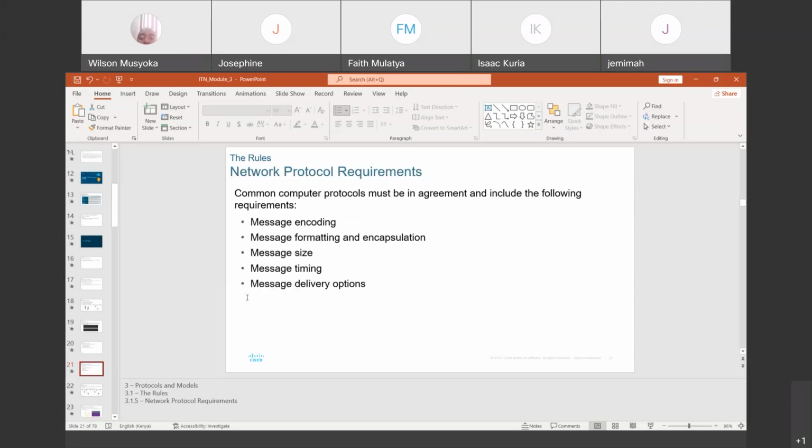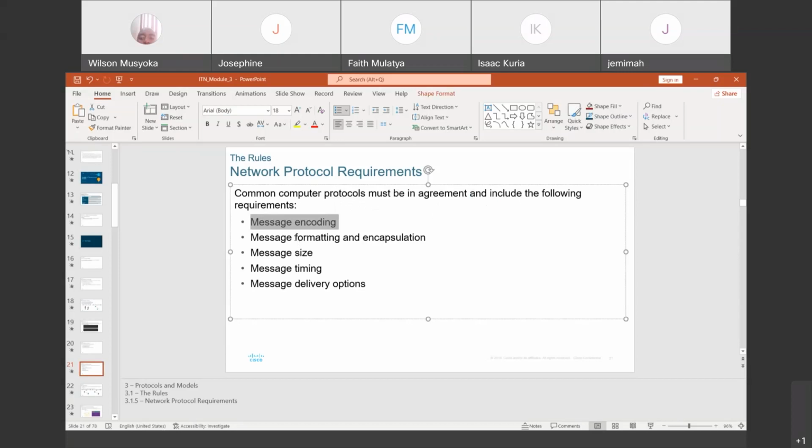So when we are looking at the network requirements in terms of protocol establishment, it means that the message needs to be encoded. Because the human being will understand normal English, while the computer uses the bit language, the binary language, the message needs to be encoded into the language of transmission.